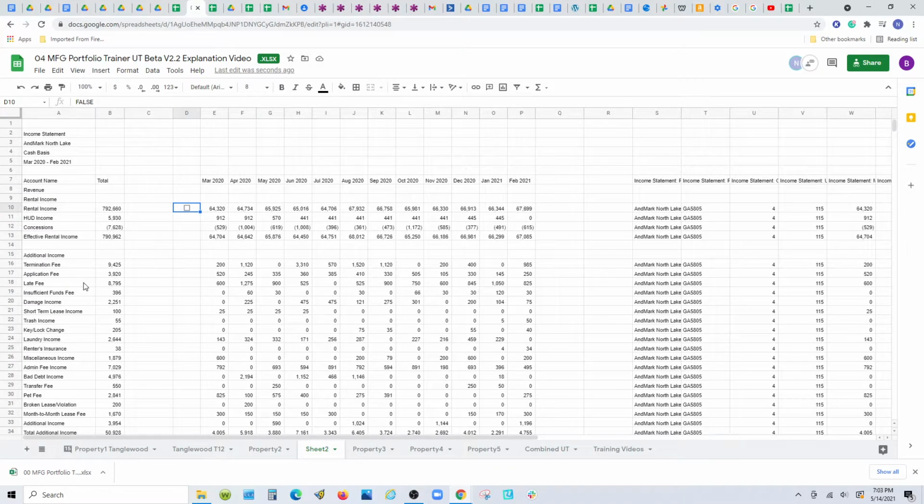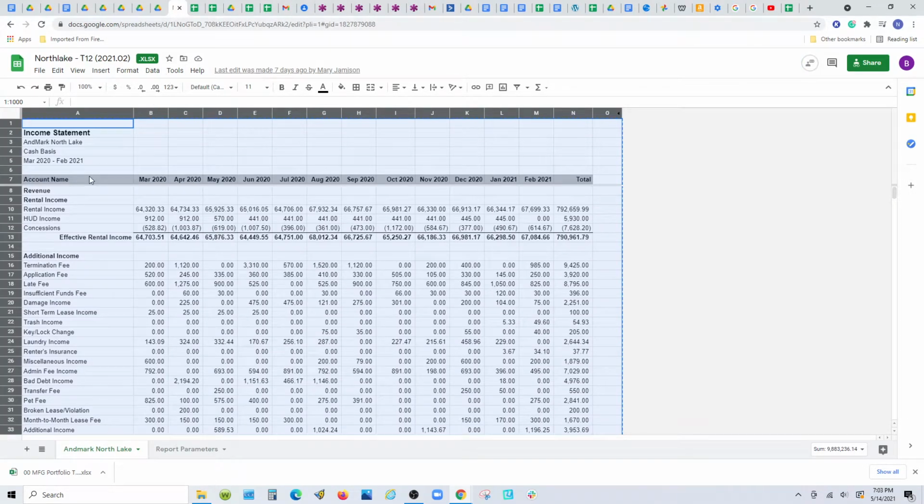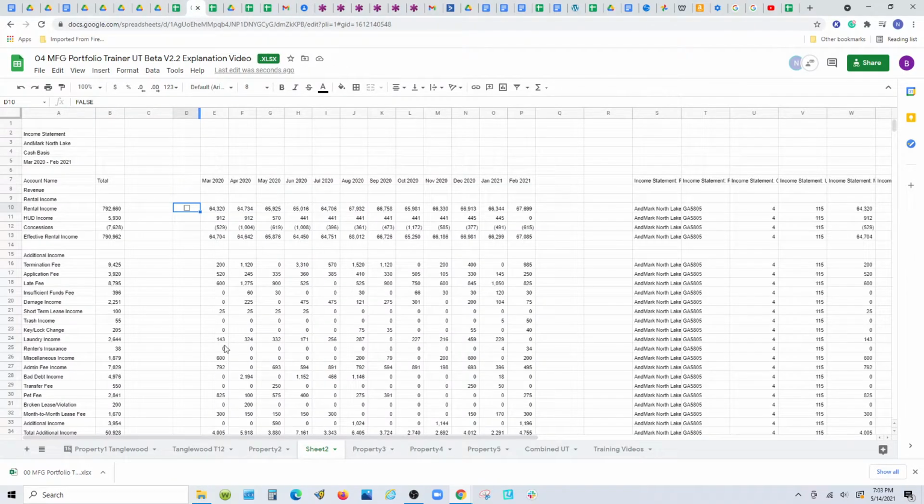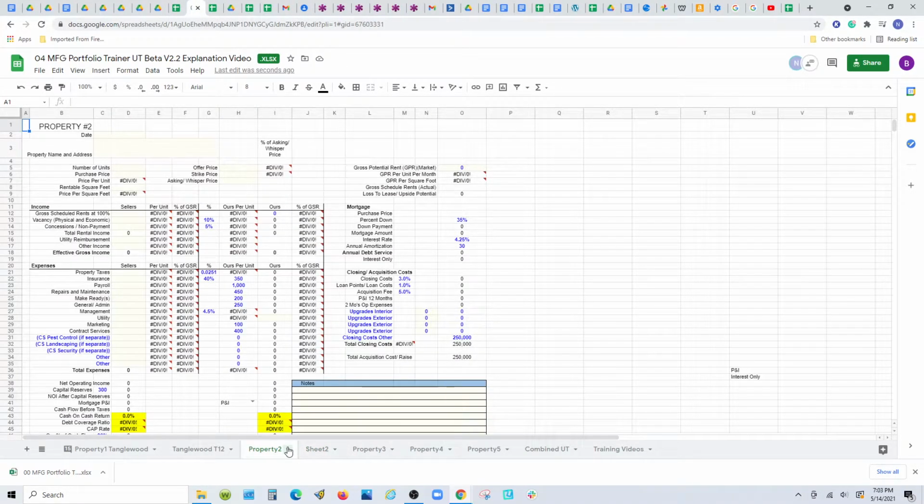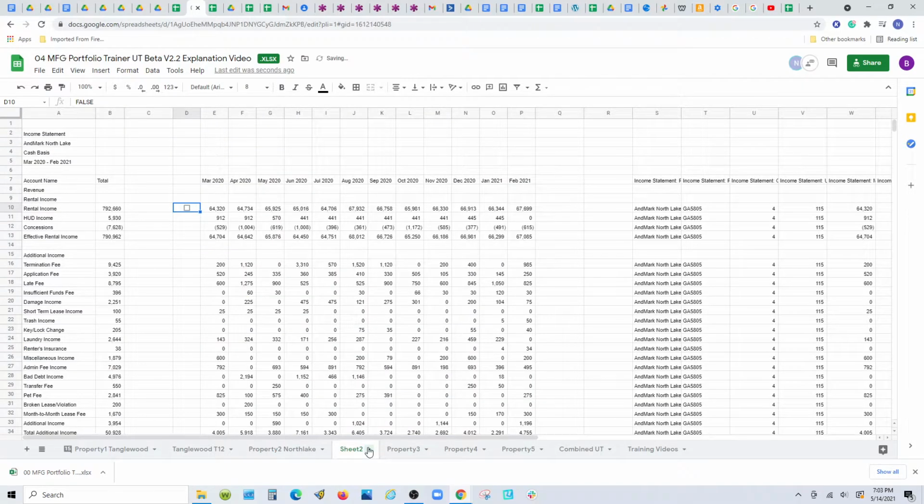This is weird, like the prior property. In fact, let me just verify I'm in the right one here. Yes, I am. This one's called North Lake. So let's go ahead and rename, just so I don't start getting mixed up. Property number 2 is North Lake. This sheet 2, I'm going to rename. This is North Lake